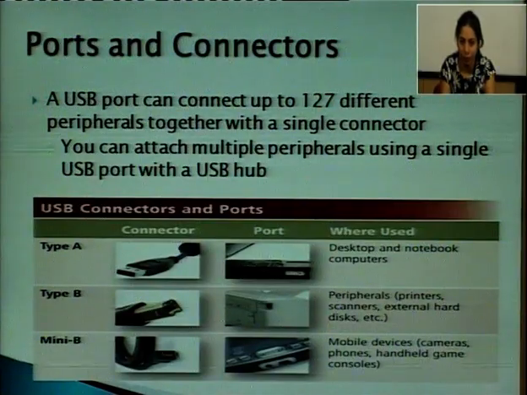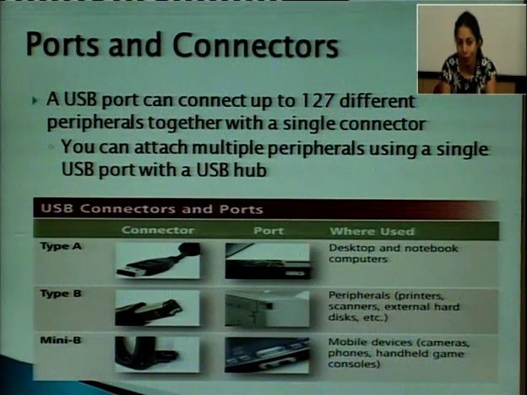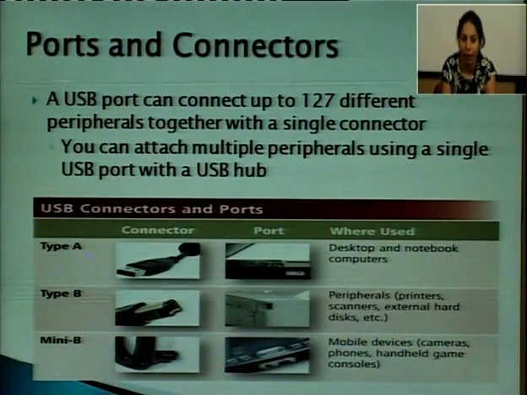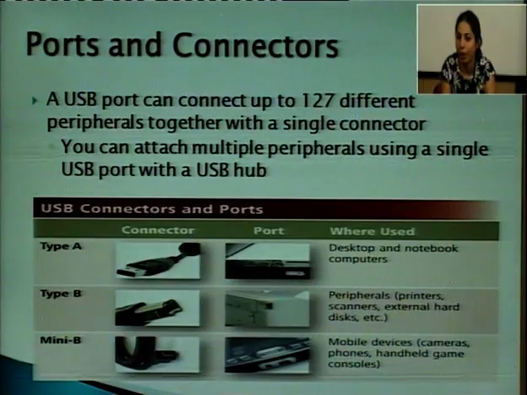So, these are the various types of connectors like type A, type B, mini B. Type A connectors and ports are used in desktop and notebook computers, and type B connectors and ports are used in peripherals such as printers, scanners and hard disk drives, and mini B connectors are used in mobile phones, camera phones or handheld games.